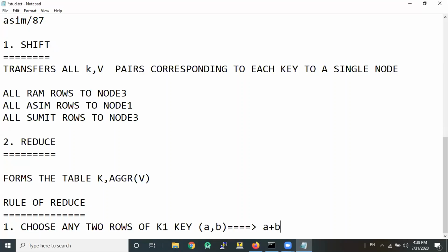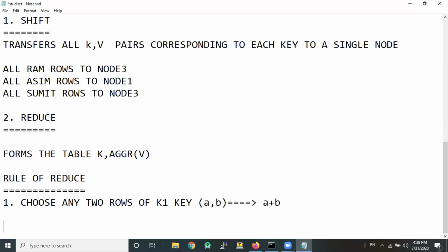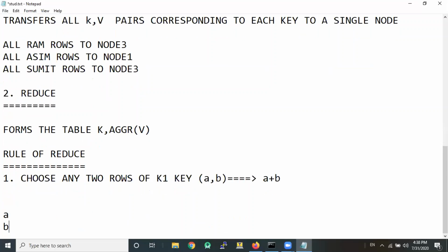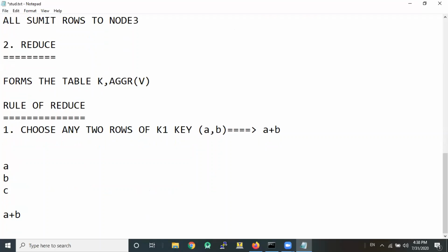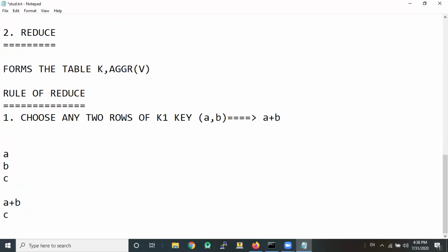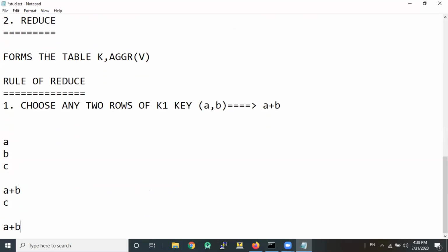So A comma B results in A plus B. So let's say we had A, B, C. Let's say it chooses A and B, so it becomes A plus B and C. Then again, these two are a pair, so it becomes A plus B plus C. This is the process in which reduce operates to find the aggregate of the values corresponding to a single key.